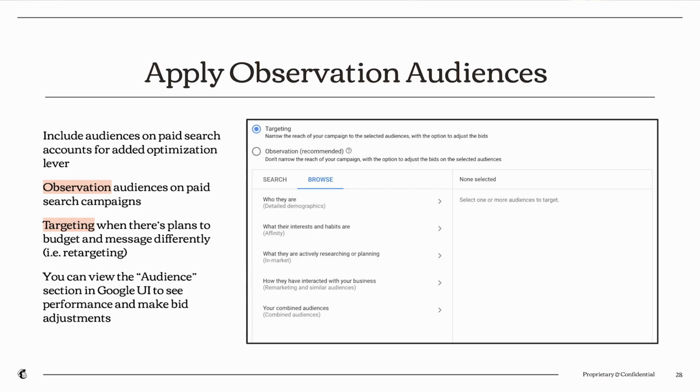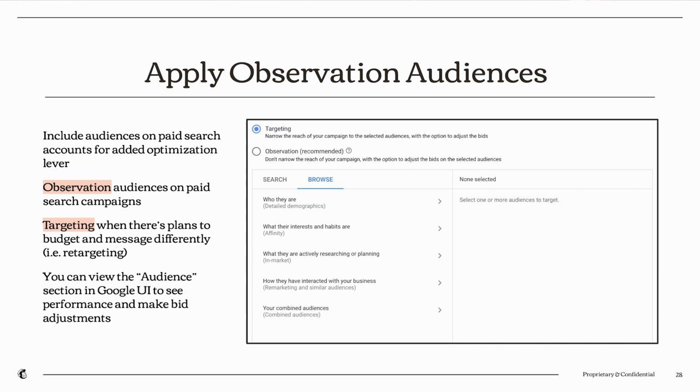So with audience targeting, this is a great way to make optimizations within your paid search campaigns. It's often thought of for Facebook ads or for display ads, but you can actually apply audiences to your Google search ads to make adjustments. There's 2 ways you can do this. One of which would be targeting, and that means that every time somebody who falls into your audiences and searches for your keywords does that, then you show an ad.